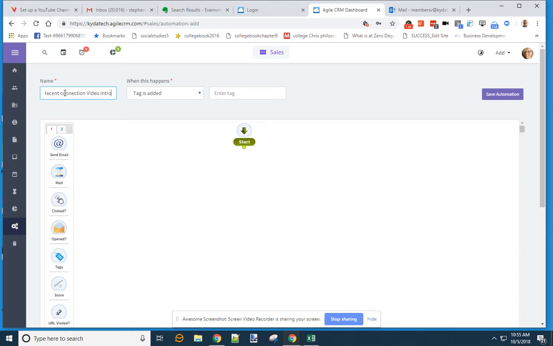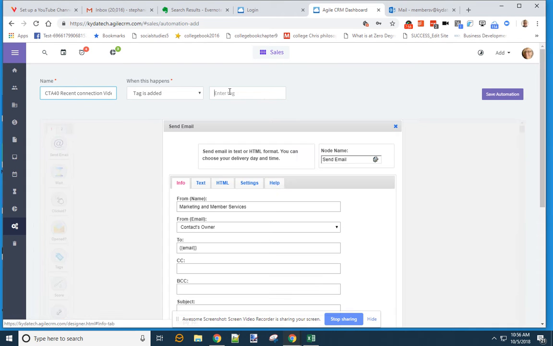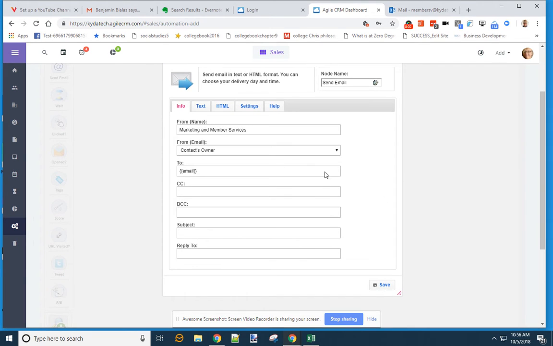So CTA40 is an automation. It is intended for audiences that we've recently connected with and we'd like them to watch a video. So whenever somebody receives the tag CTA40 on their record, an email is going to go,